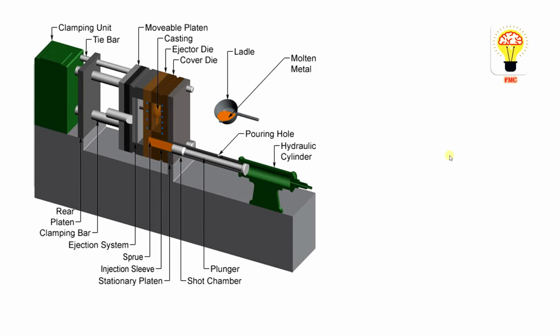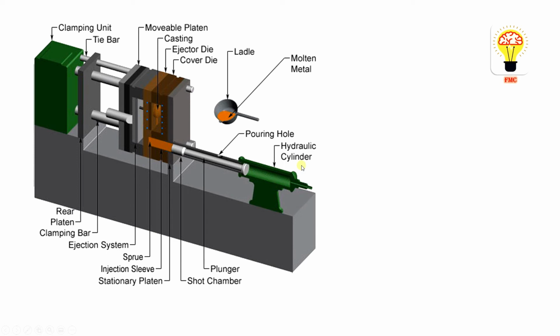So in order to overcome that, we have the cold chamber die casting process. As you can see, we are taking the molten metal from an external ladle, so there is no furnace arrangement available, we need to put it separately. We take the ladle and put the molten metal over here. After that, this plunger will push the material into the mold. Remaining setup, everything is the same, only this difference, right?